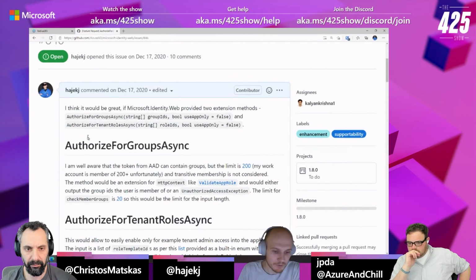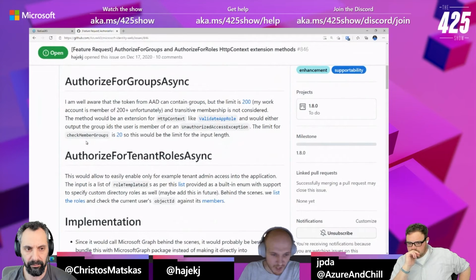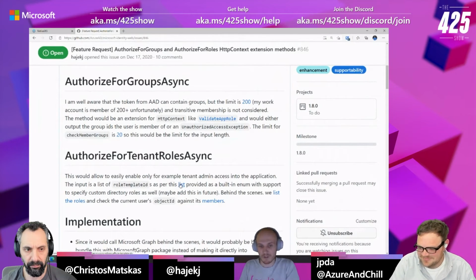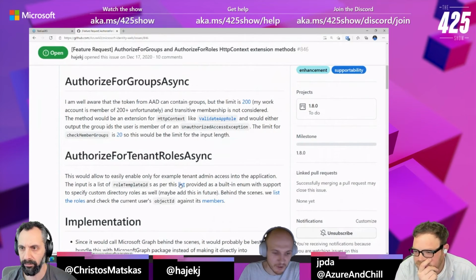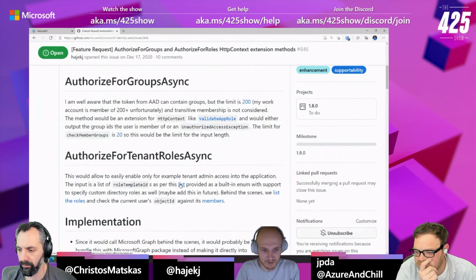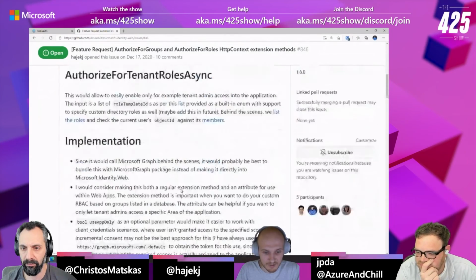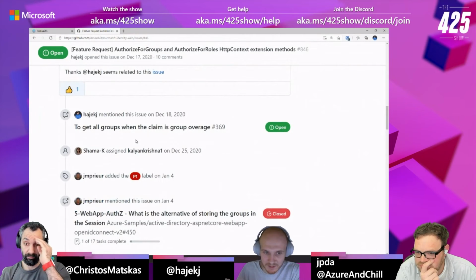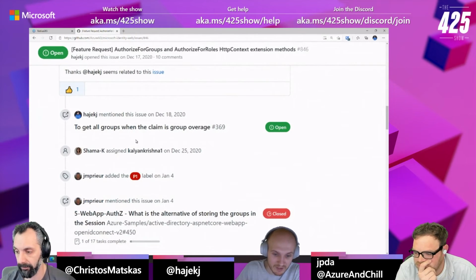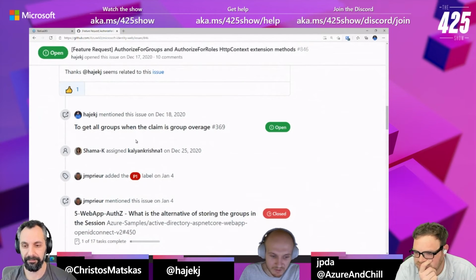All you have to do for the role authorization is simply provide the role template ID, which can be found in the Microsoft documentation, and it's going to tell you the user is a global admin, so you can let them in or not. This is one of the things that I hope is going to come into Microsoft Identity Web. I have submitted a pull request, and it's now having the tests built around it by the Microsoft Identity Web team. So hopefully